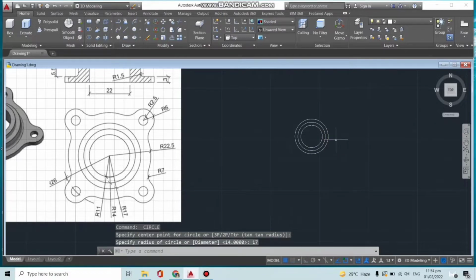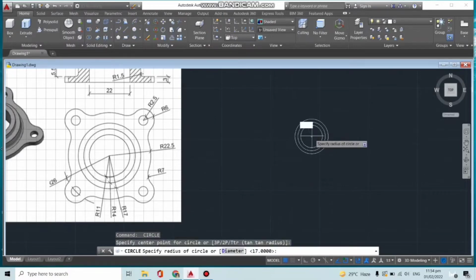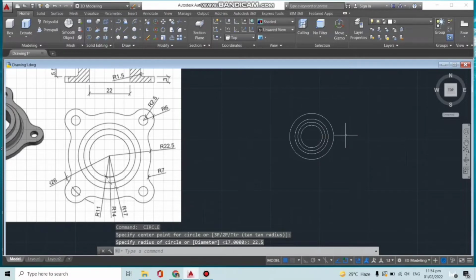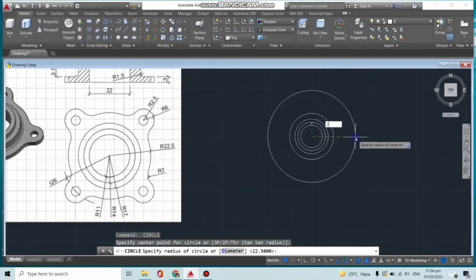Press enter, then press enter again to create a new circle, then specify the radius, which is 22.5. Press enter, then another circle which is 26 in radius. 26. Press enter,